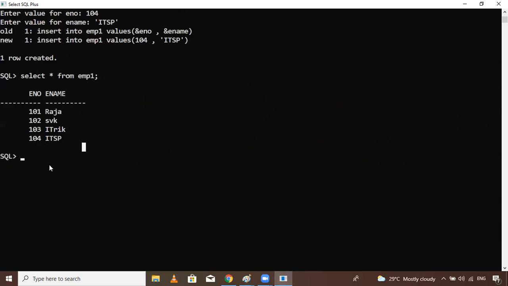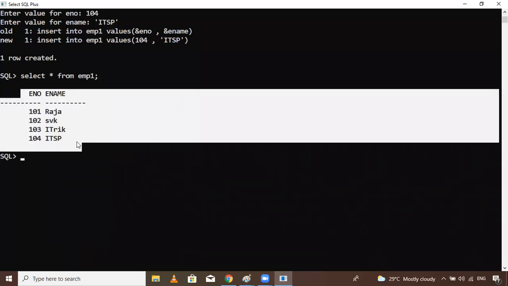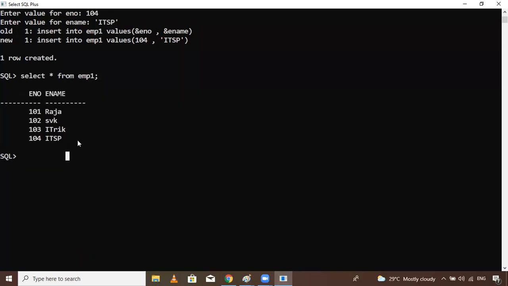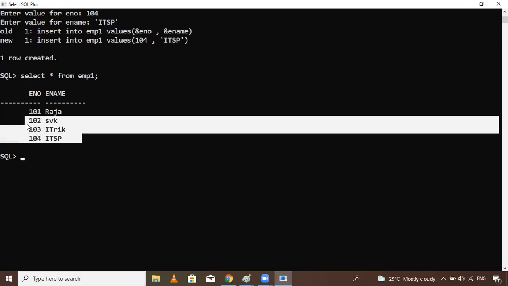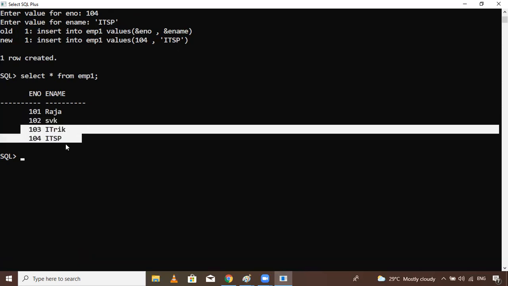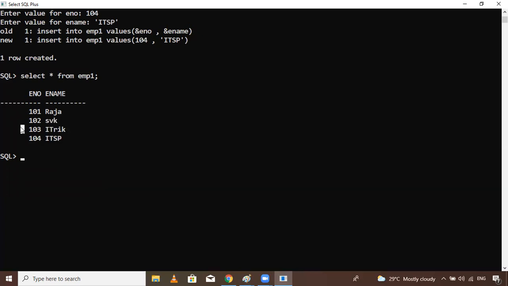Now if you want to perform a rollback operation, then this last updated data will be removed from the buffer. Why? Because at this time the data exists inside the buffer as temporary data. You can also call it temporary: this ITRIC and ITSP data are there.